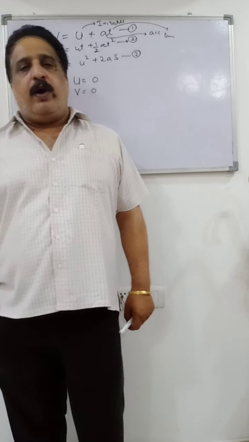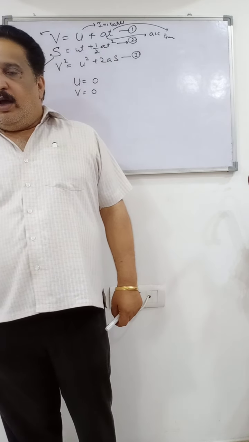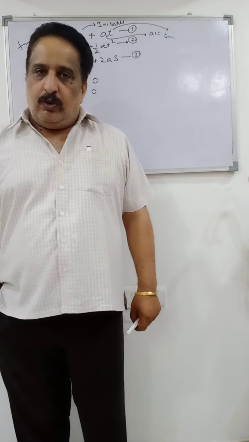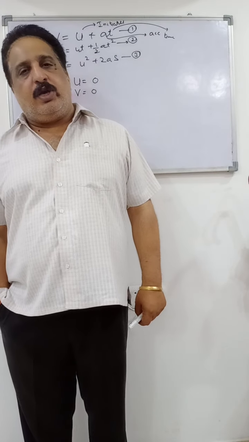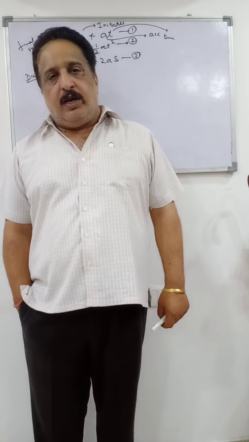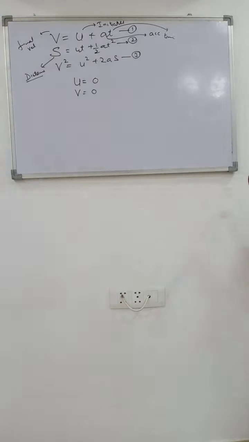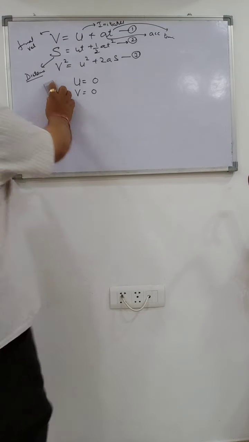Okay. Now I am moving on to the next numerical from these equations. So what is the basic funda behind this? Write down what is given to you and then see which equation has to be used. Use that equation with quantities in SI units and then calculate the required quantity. Is that clear? Moving on to the first numerical of the day.